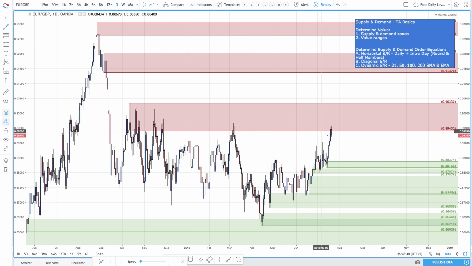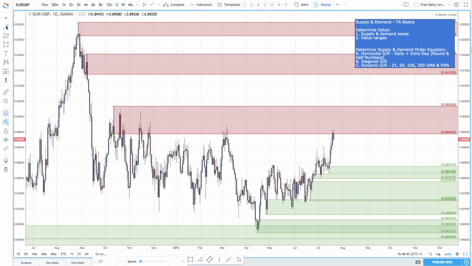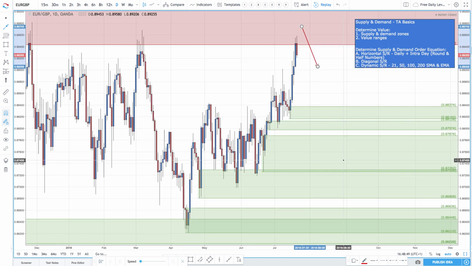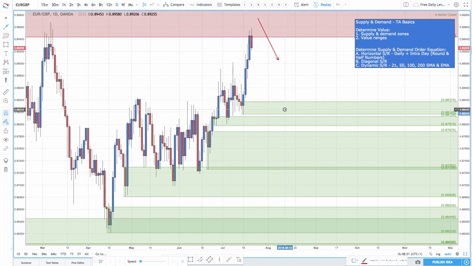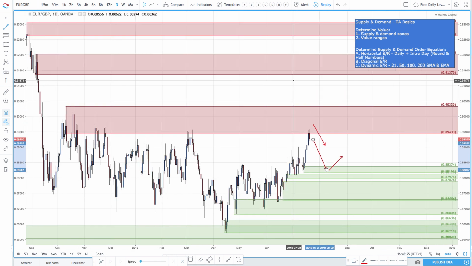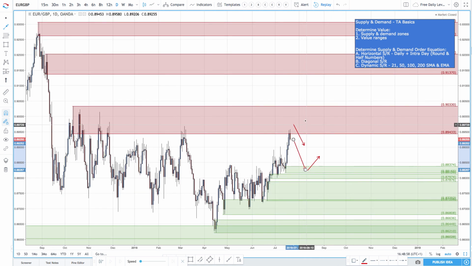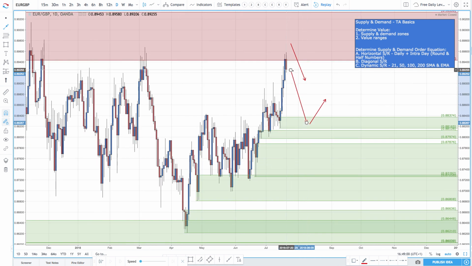We've got an area of supply which we're coming up into, and prices are reacting. So this could be your area to try and look to get short. Your first area to try to look to get long is going to be way down here. So if prices do come down, that would be the first area to try to look to get long, unless prices create a